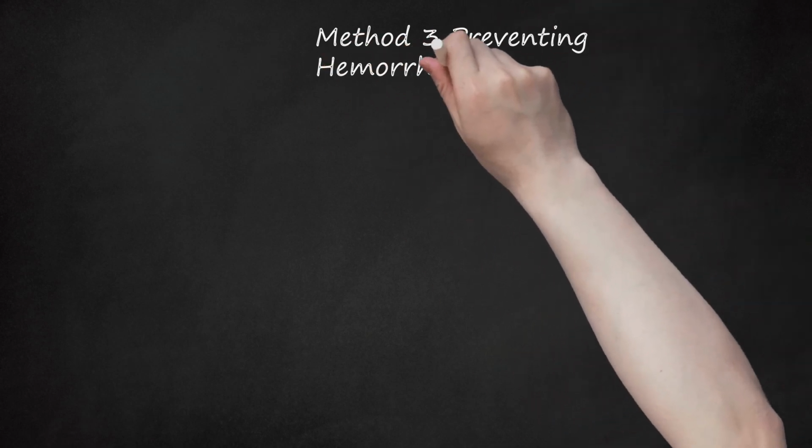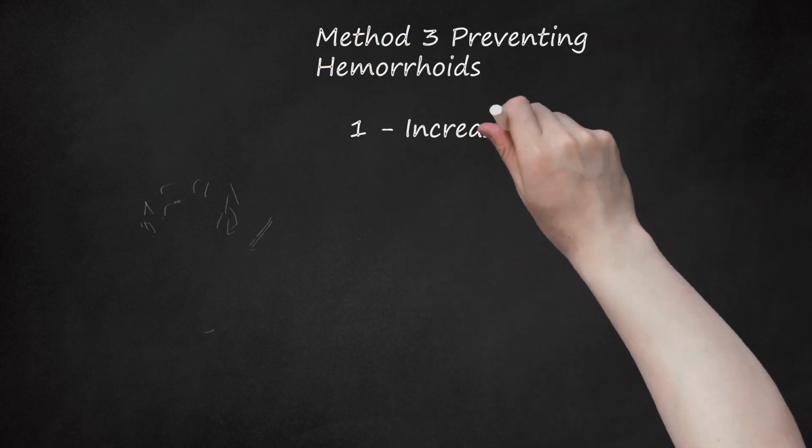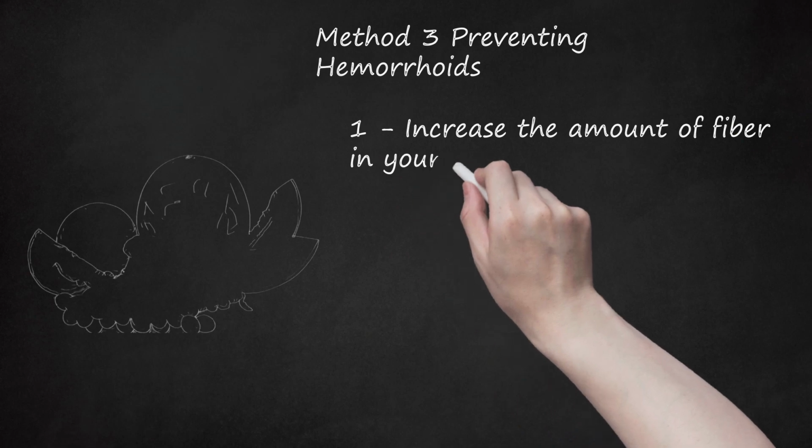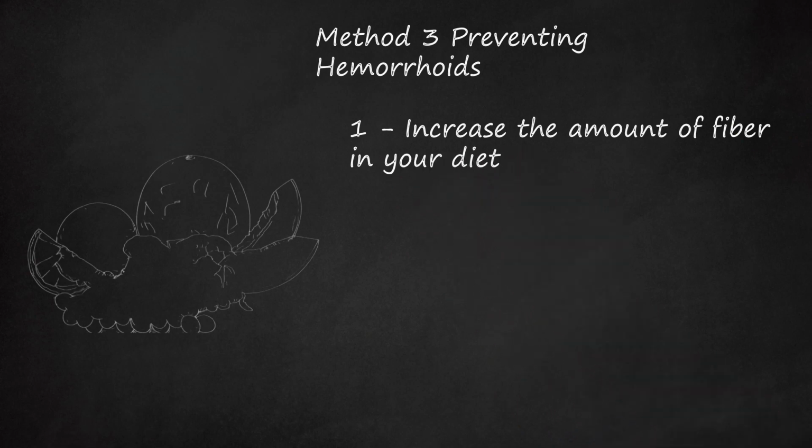Method 3. Preventing hemorrhoids. 1. Increase the amount of fiber in your diet. Increasing your fiber intake can help to prevent constipation, which is the main cause of hemorrhoids. You will find fiber in fruits, vegetables, and whole grains. The increased fiber softens the stool, which makes it easier to avoid straining with bowel movements, which is a prime